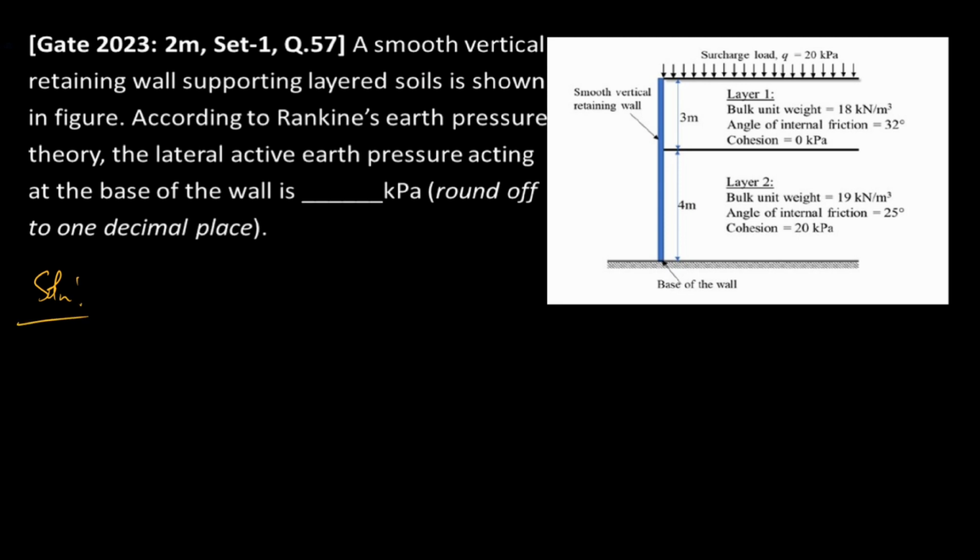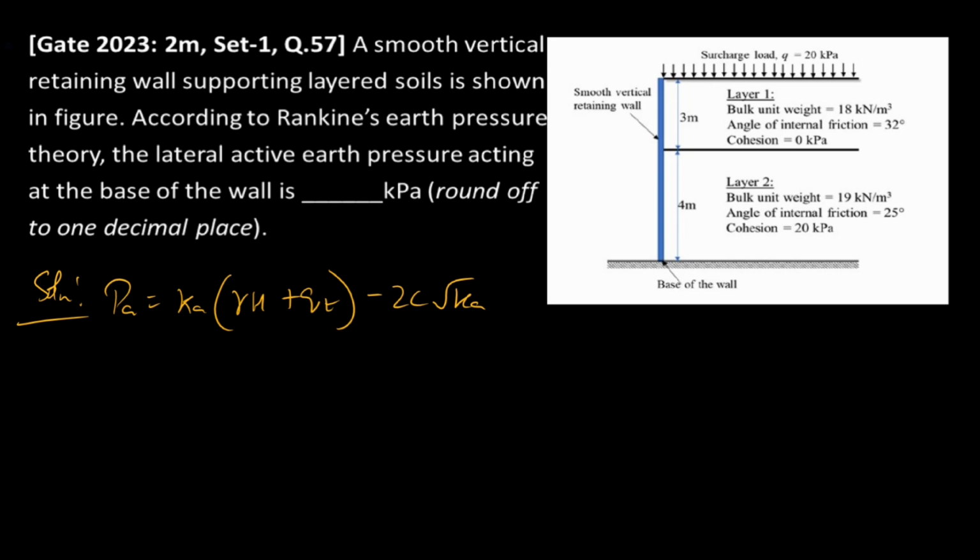So the active earth pressure at the base of the wall will be PA equal to Ka into (gamma H plus Qt) minus 2C root Ka. Without surcharge, we won't calculate the value of Qt, but with surcharge, we have to calculate the value of Qt,